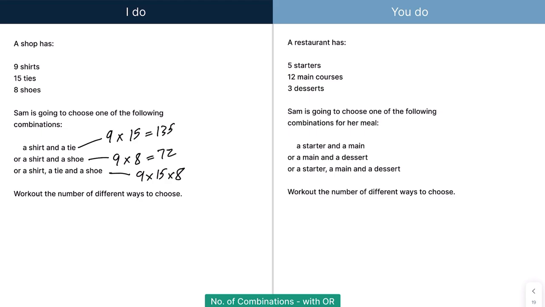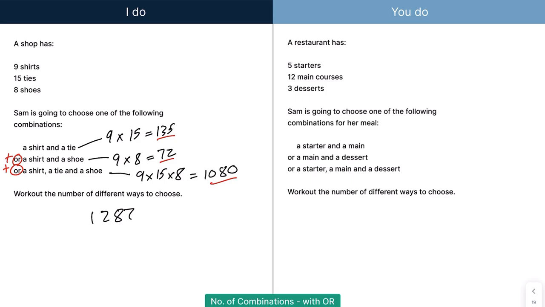Okay, 72. And then finally, I get 1080 here. Now what I need to do is add this and this and this. Okay, that's all that all means. It just means add them. So if I add 135 plus 72 plus 1080, I end up with